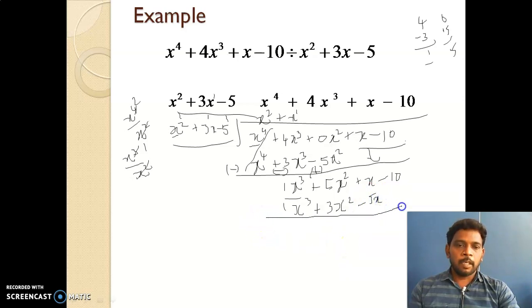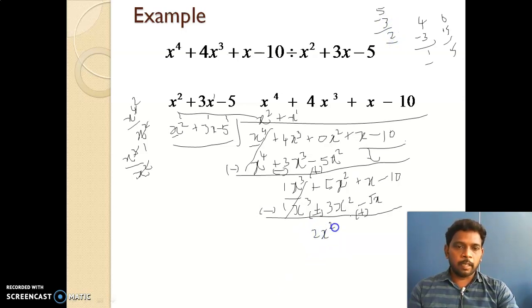Okay. Now change the sign of the down expression. So here minus, so here also minus and here plus. So the first term cancel each other. What are the remaining here? Plus 5, after changing the sign minus 3. So plus 5, after changing the sign minus 3. So both are different signs, so subtracted. So 2.